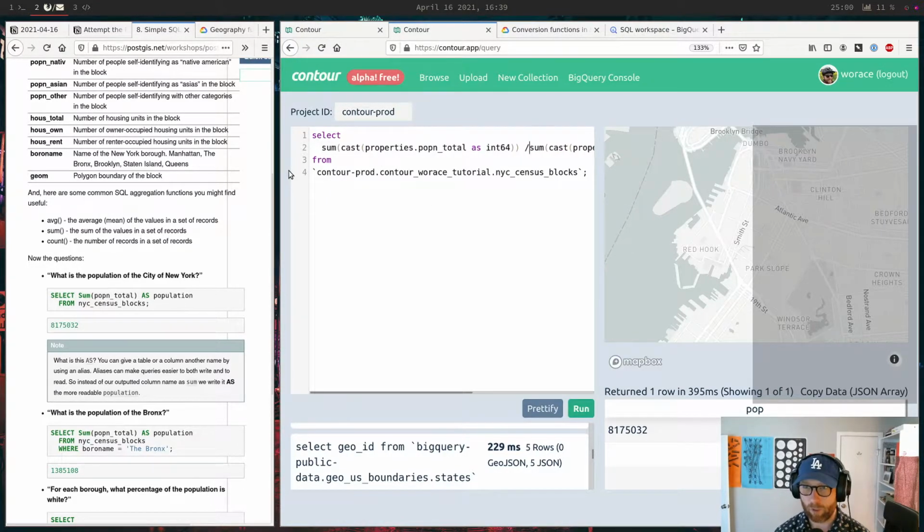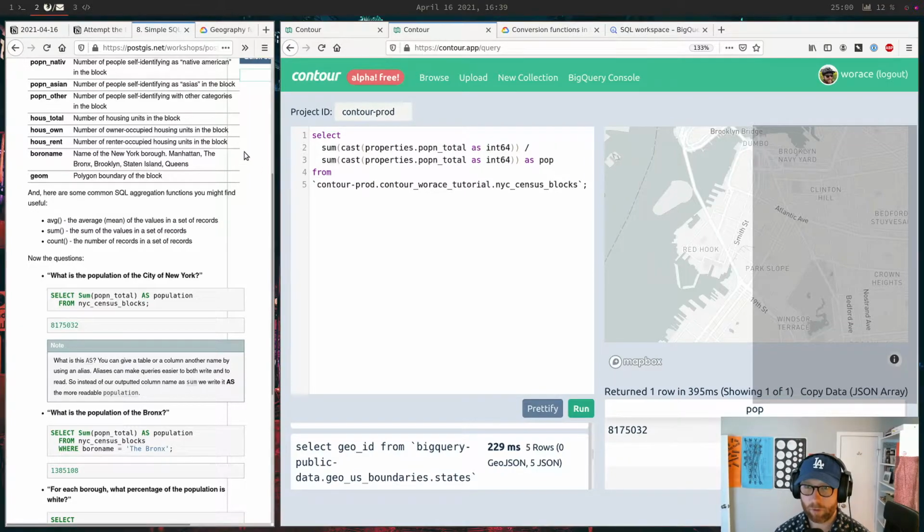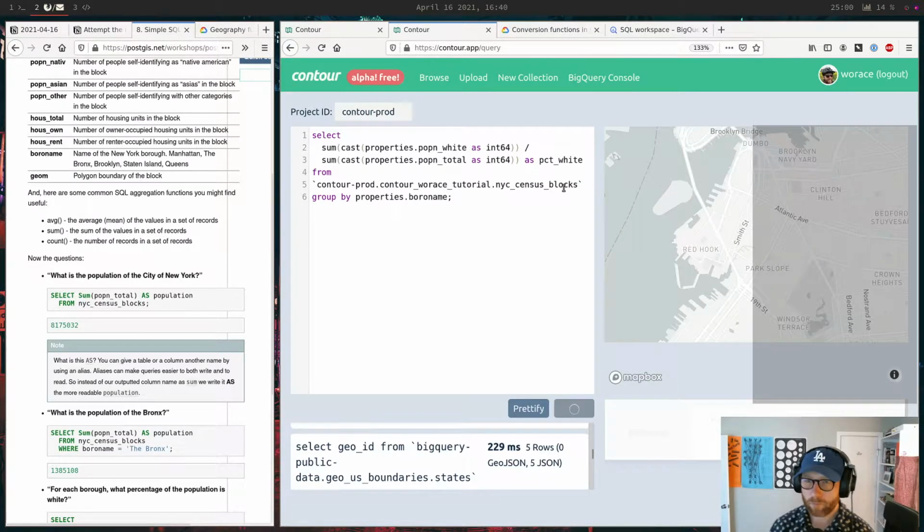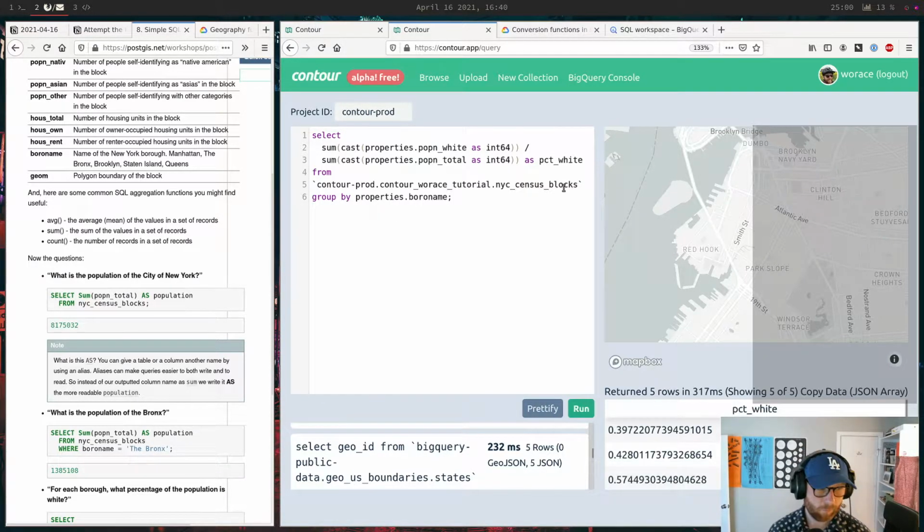And so they do the sum of cast population white, over total. And then for each borough, that would be a group by properties, borough name. Oh wait, and I should get the borough name.